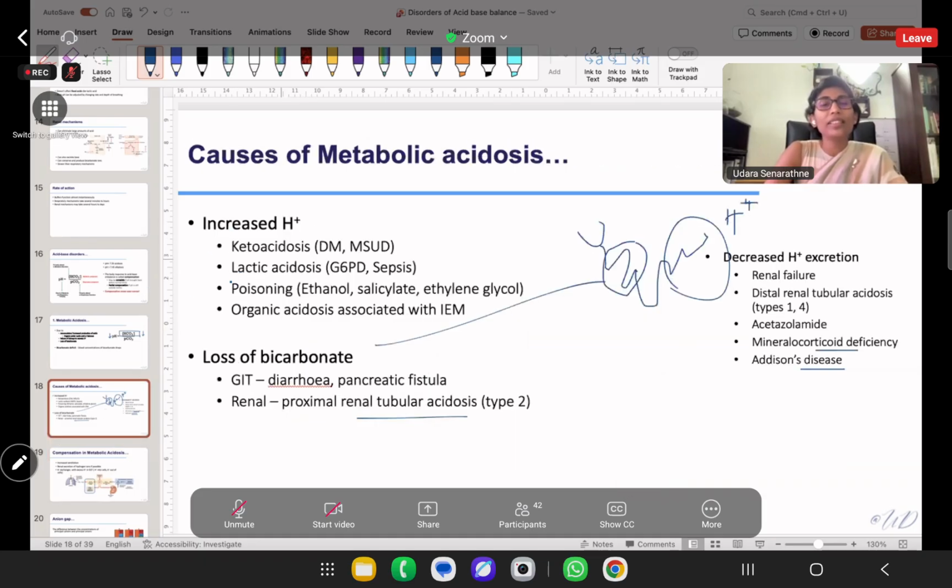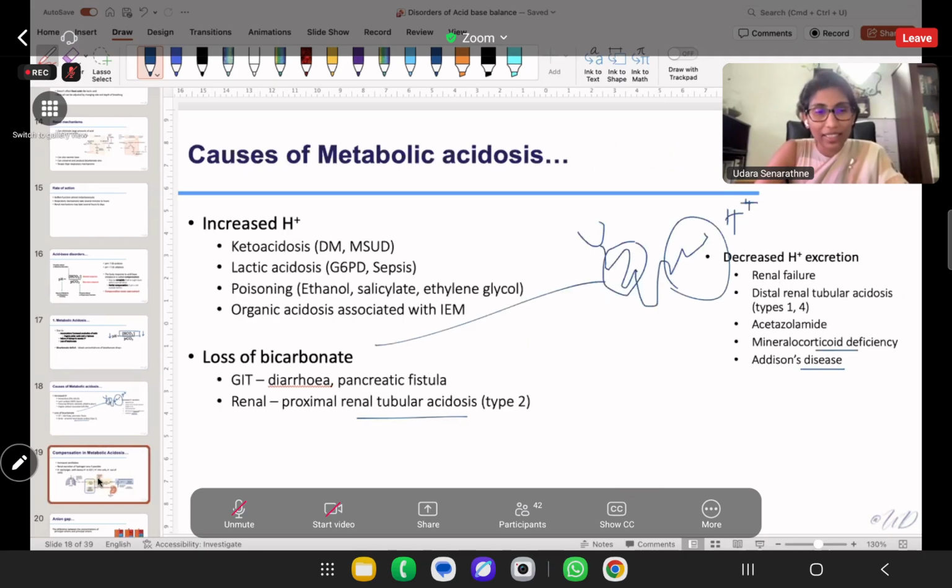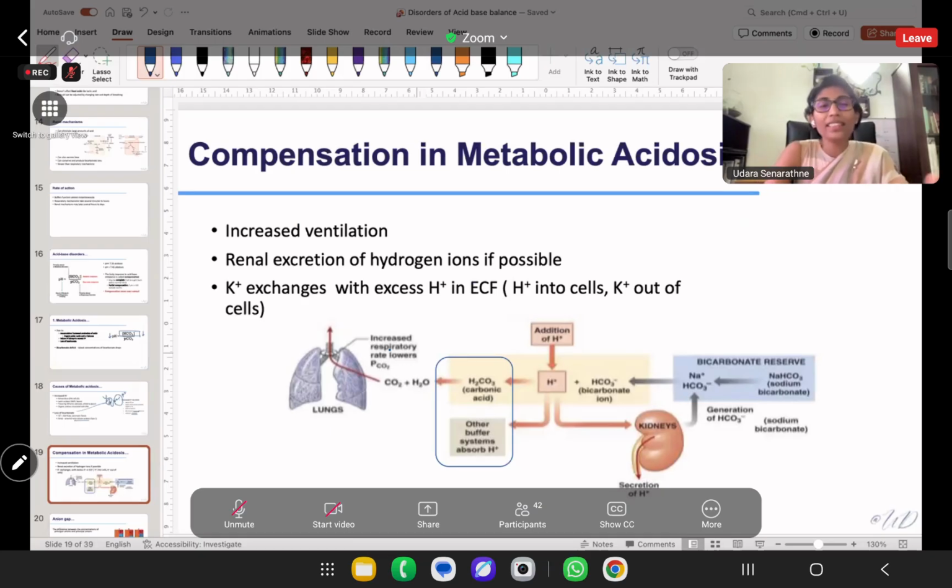You need to understand how you're going to get acidosis. Either your production is increased or your excretion is decreased. Or the other thing is you're losing the other one, which is the bicarbonate. So either you're losing bicarbonate or having excess H plus. So in this case,